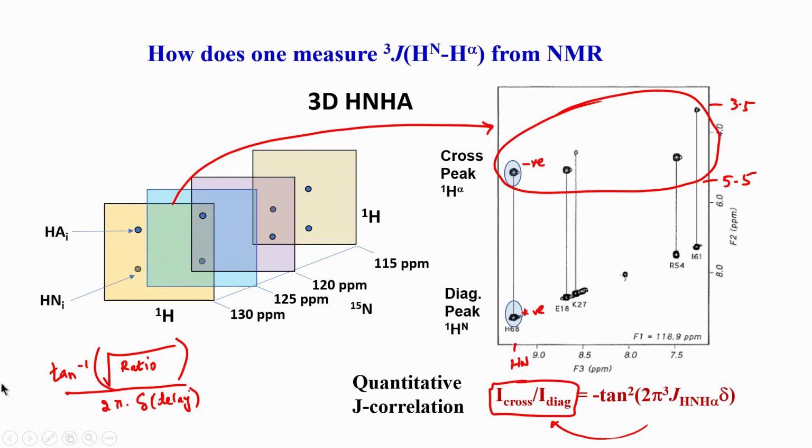Now, once you do that, you can calculate the J value based on this formula, that is, you take the square root and then tan inverse. This is something which is routinely done, and this kind of approach is used in NMR in general. This is a very general terminology called quantitative J correlation. There are two ways to measure J correlation in NMR. One method is to look at the peak splitting. For example, if I have a doublet, then I can use this difference and calculate the J value, right.